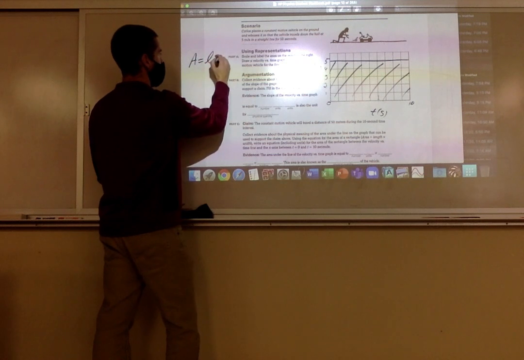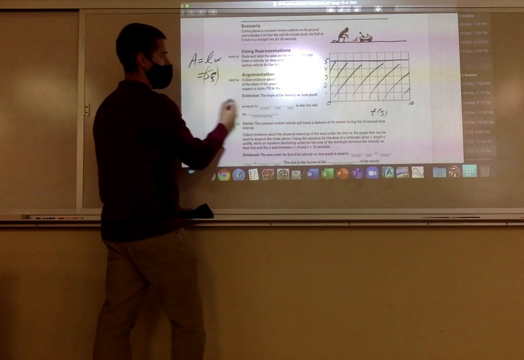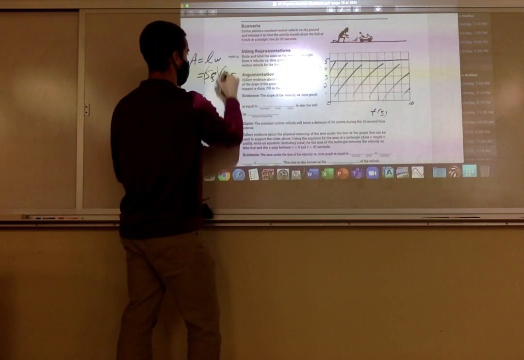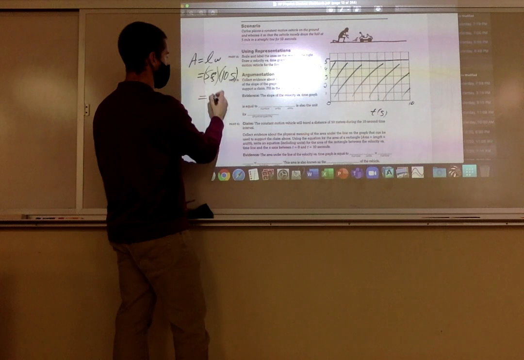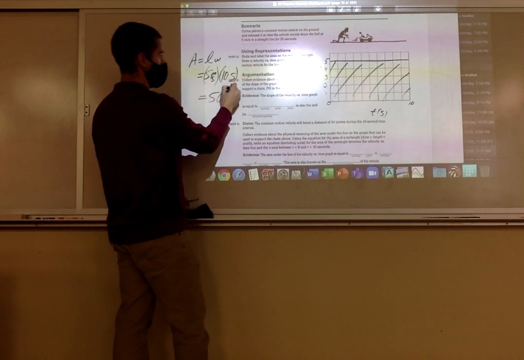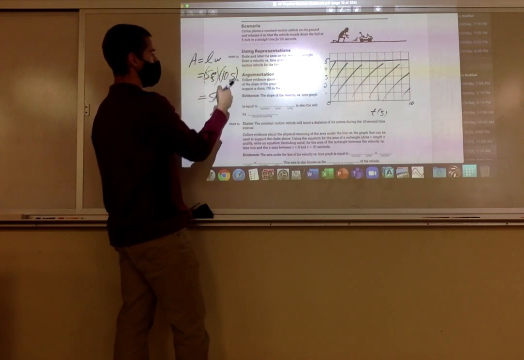Area equals length times width. 5 meters per second. What's my width? 10 what? Boom. What does this give us? 50 meters per second